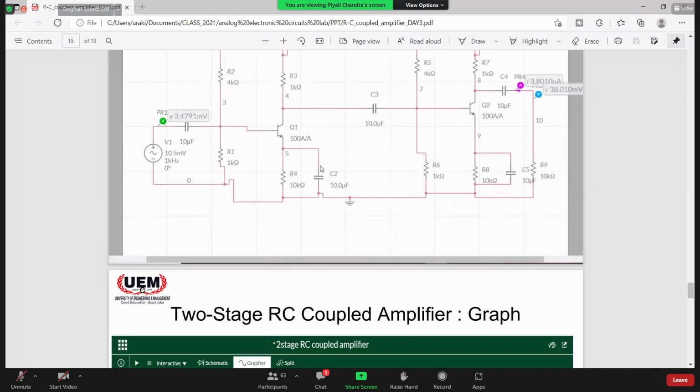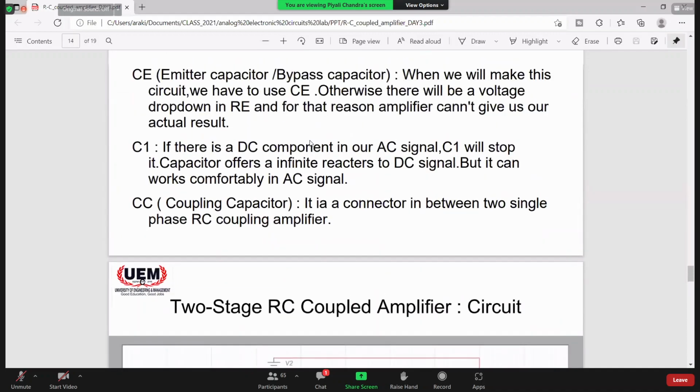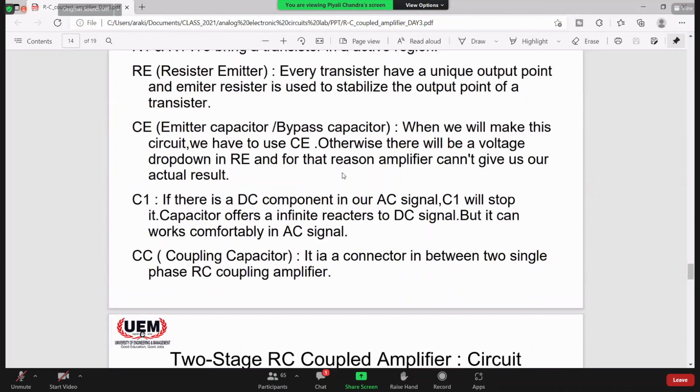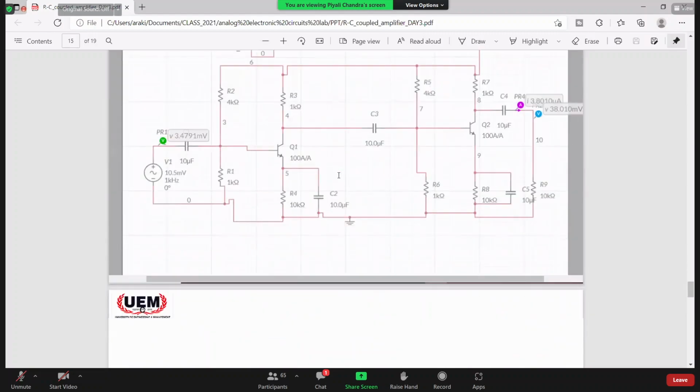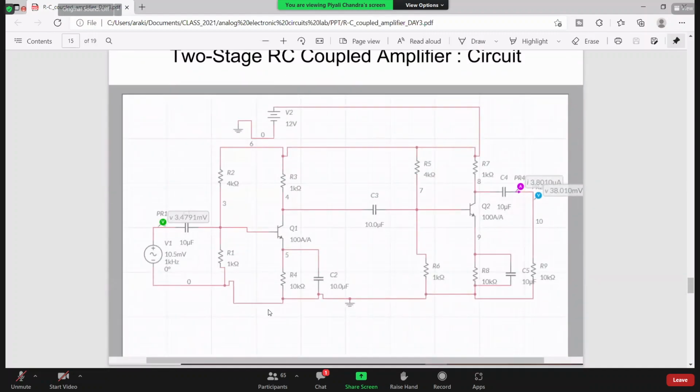And this capacitor C2 is called C. So if we don't use C in parallel with that, there will be a voltage drop. And what is a voltage drop? If there is a voltage drop in this circuit,